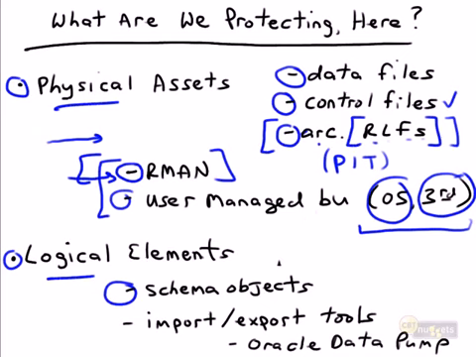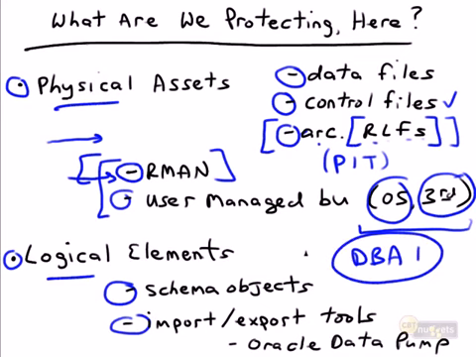And ironically enough, or interestingly enough, we're not concerned with this backup and recovery method, that is, the import and export of schema objects. We actually covered that in the DBA 1 course. So if you need information on getting table data out of Oracle, maybe you're doing an ETL or an extract, transform, load where you need to take data from one database and pop it into another, that second database might be a completely different platform like Microsoft SQL Server. Oracle has a tool called the data pump, and like I said, we do cover that fully in the CBT Nuggets DBA 1 training course, but that's what we've got going on. RMAN is not used to back up logical elements. We use a